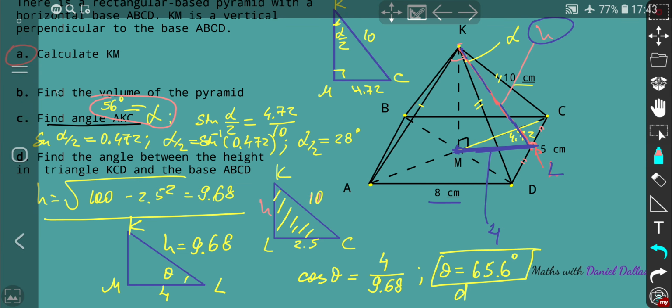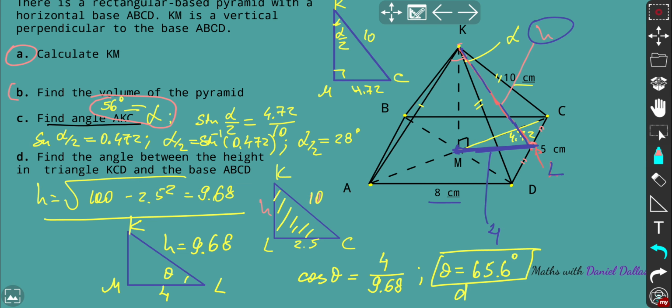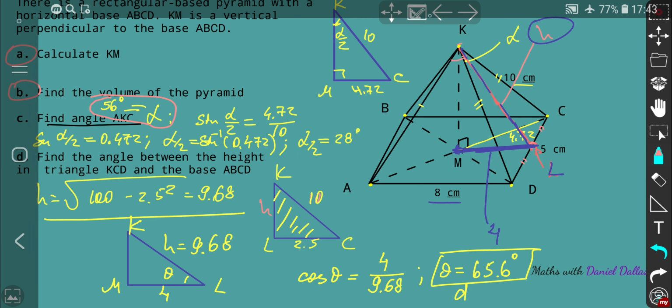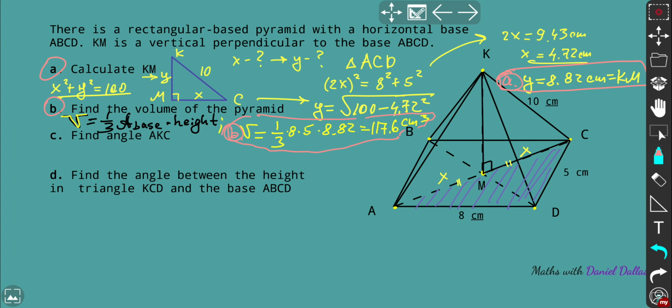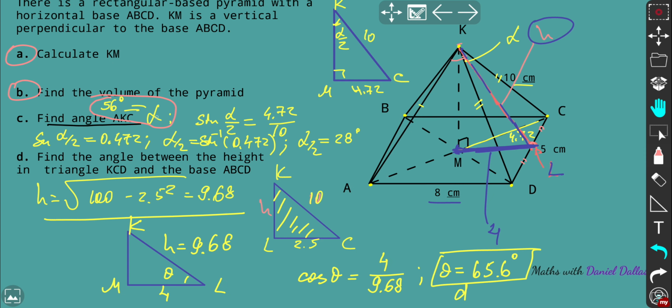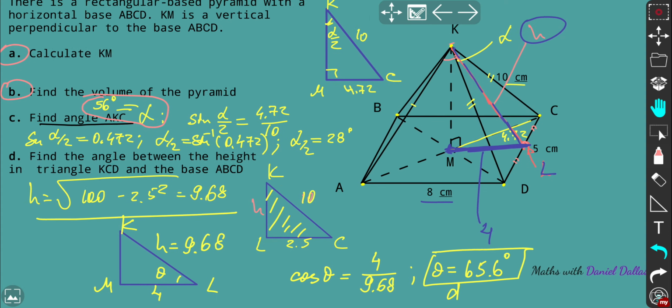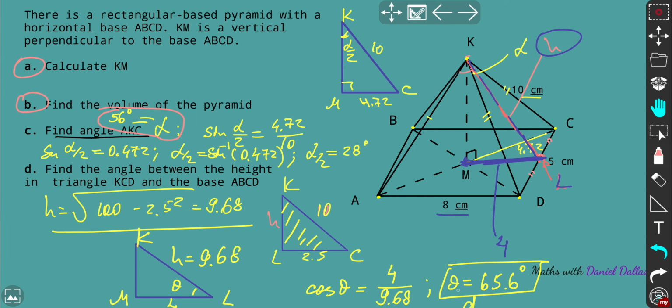A and B we did before, so on the previous page. So we can go back and just have a look at the answers here. Make a print screen if you like to fix the answers and try to compare them with your own. So this is A, this is B, and also C alpha is 56, and finally theta is